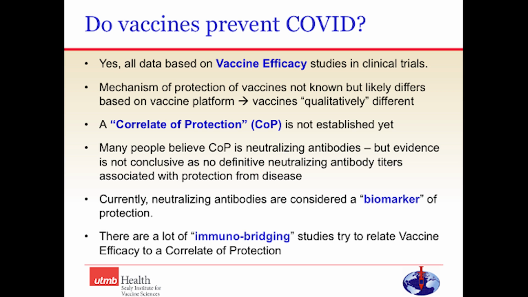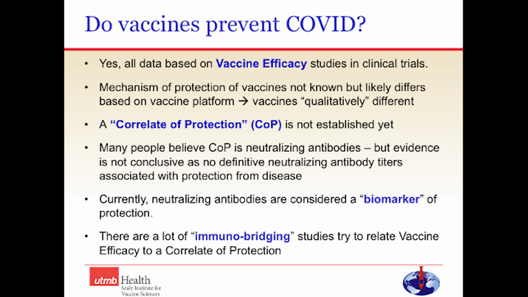Many people believe that neutralizing antibodies are the correlate of protection, but the evidence is not really that conclusive. There's no definitive neutralizing antibody titer that shows they will protect against the disease. And so we consider neutralizing antibodies actually to be a biomarker of protection. We can't do vaccine efficacy